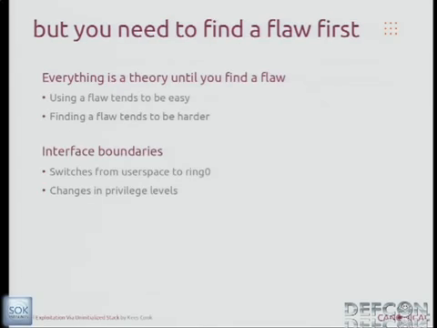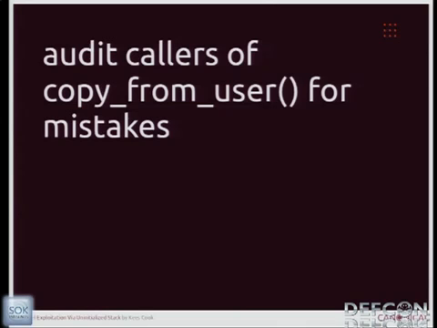But all that's unimportant if you don't have a flaw. Obviously, you need that arbitrary write to begin with. So I started looking at interface boundaries, where things make transitions, and I was especially interested in copy_from_user, because that's where you're pulling information